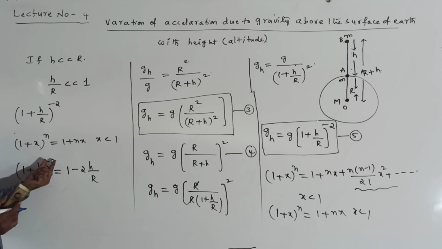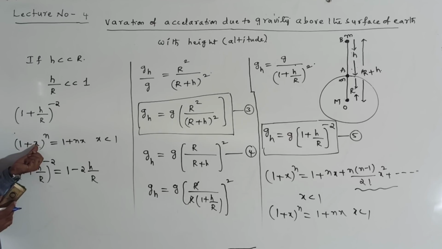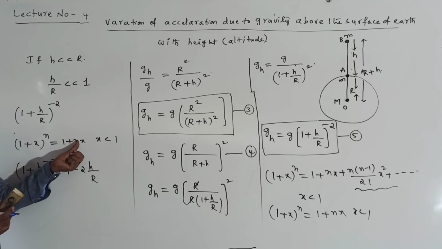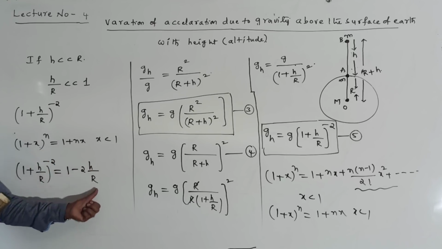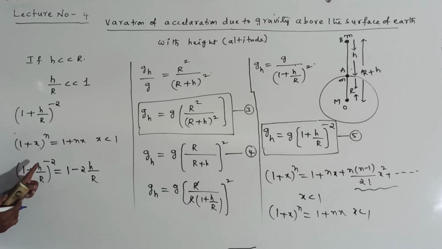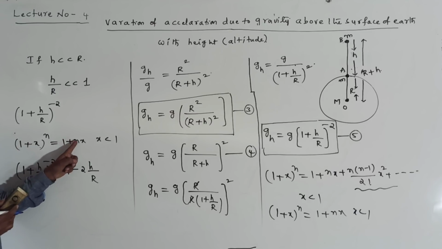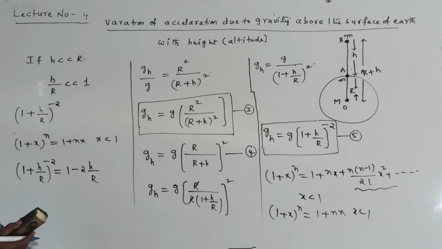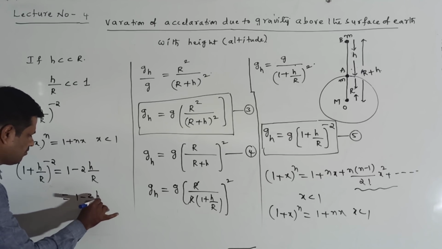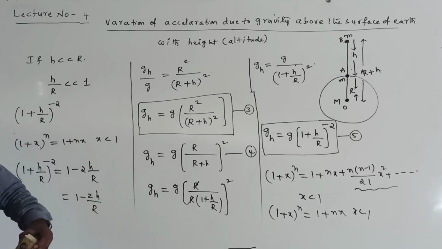So 1 plus h by r whole power of minus 2: compare with this one, in the place of x, h by r; in the place of n, minus 2. So n equals minus 2 and x equals h by r. Same here, in the place of n I am writing minus 2, and in the place of x I am writing h by r. So this value I am getting here is 1 minus 2h by r. That value I am substituting